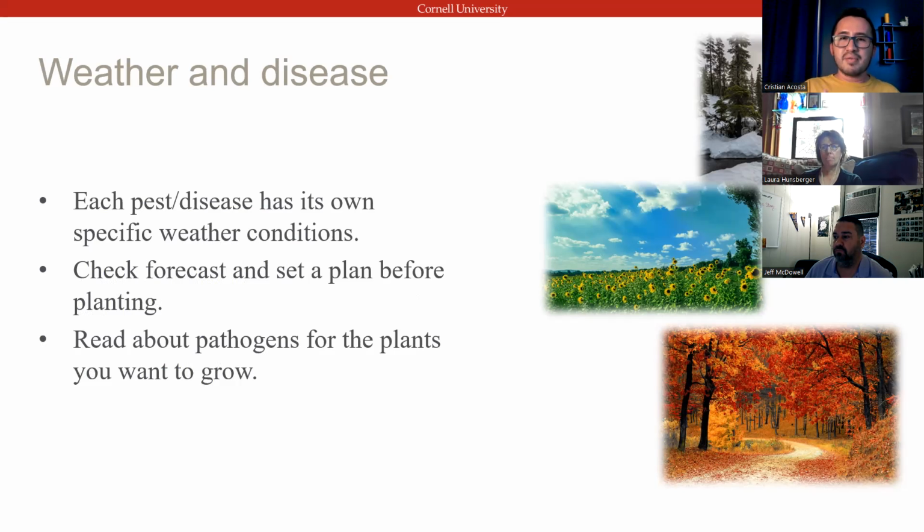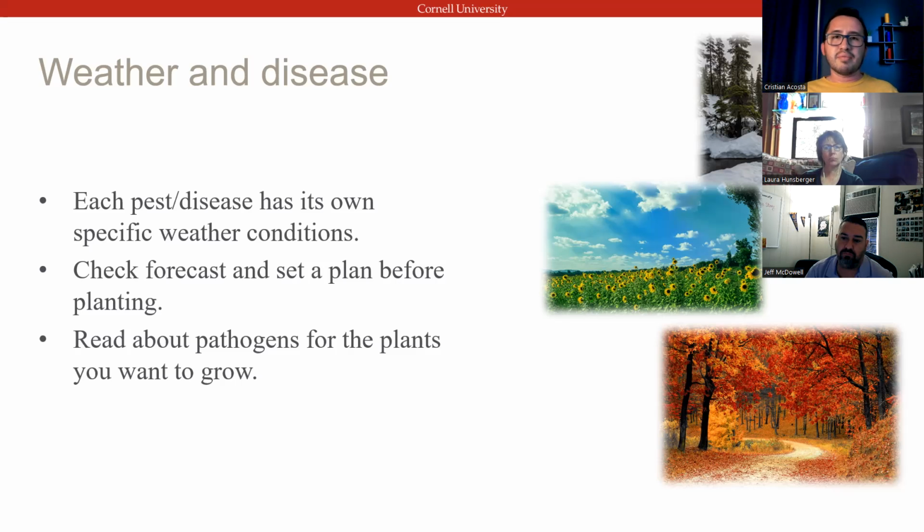Because when the problems come, when there is a disease, we start trying to fix the problem and spending more on products, and sometimes on seeds, picking a variety or plant that is not good to grow in this area, and just losing the money, the time, and the effort of trying to grow this kind of plant. So just pay attention to the weather, the ideal weather conditions for our crop,